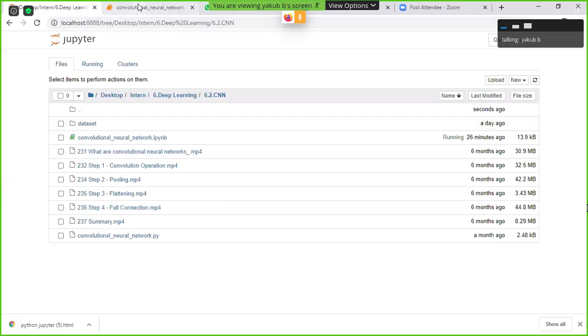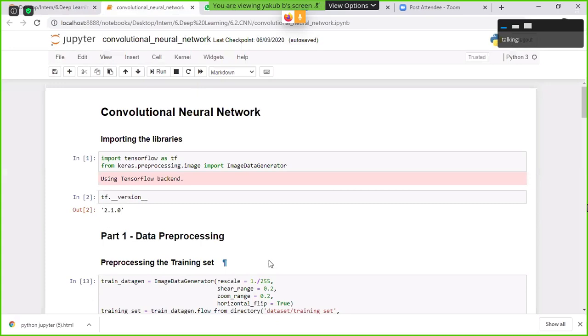So here, convolutional neural networks. Initially, what do we need to do? We need to import TensorFlow. Whenever you want to work on deep learning, we need to import TensorFlow. After importing TensorFlow, I imported ImageDataGenerator, which is present in Keras. From the Keras preprocessing module, on the images, we need to capture all the pixels of the image. For that purpose, we have the ImageDataGenerator object.